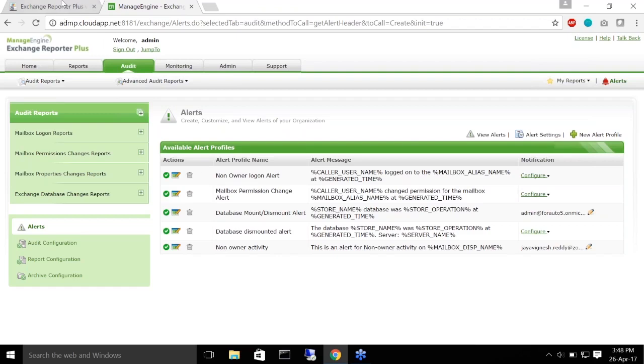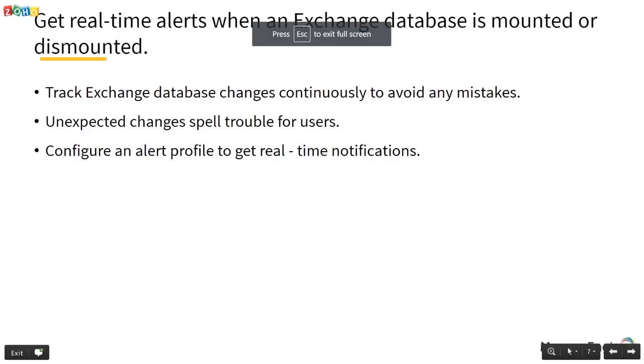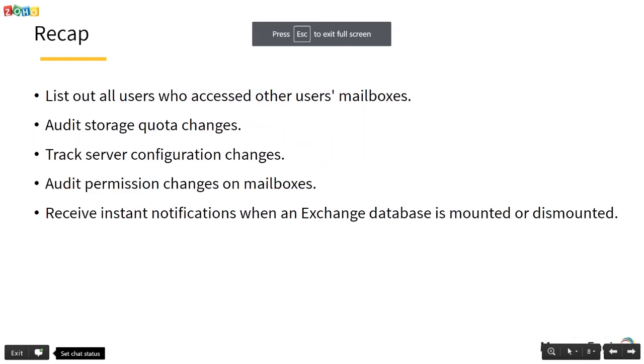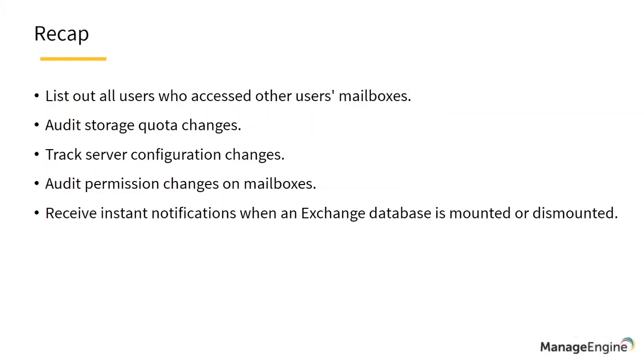So that's it for today's workshop, and we saw 5 tasks today. Let's have a quick recap about what exactly went down in the past half an hour, past 30 minutes. We saw how you can use Exchange Reporter Plus in order to list out every single user who had access to another user's mailbox. So you can list that out, and then you can audit the changes to storage quota of all the mailboxes